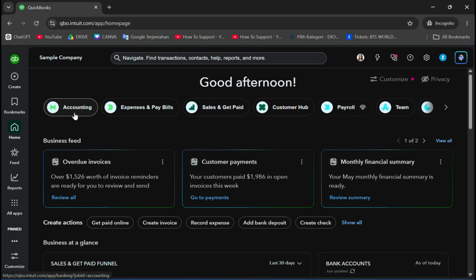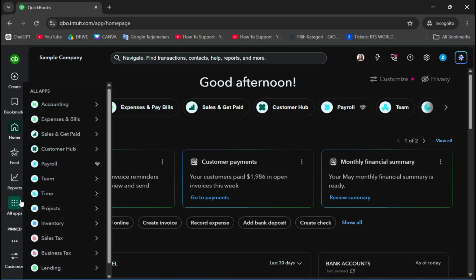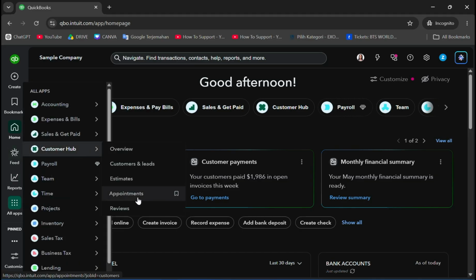In today's tutorial, I'm going to show you step by step how to set up a Zoom meeting in QuickBooks Online. It's going to be very easy and simple steps. So first, you can log into your QuickBooks Online account and then navigate to All Apps here in the left side menu. And then you can go to Customer Hub and you will find Appointments. So you can click on it